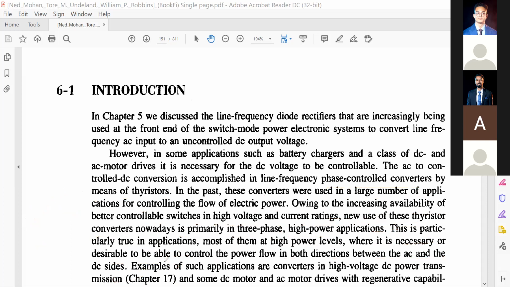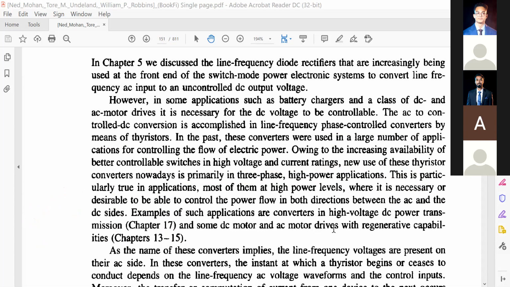We shall not go to that application. It is your duty to do that. And for those who are interested, for the drives, motor drives, AC motor drives with regenerative capability, that has been given in chapter